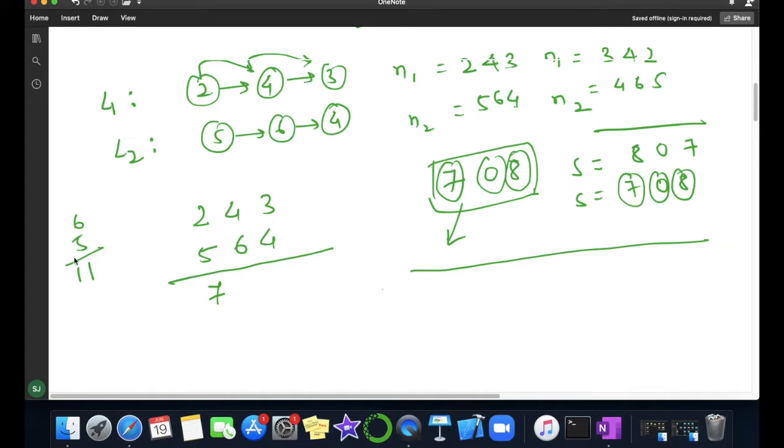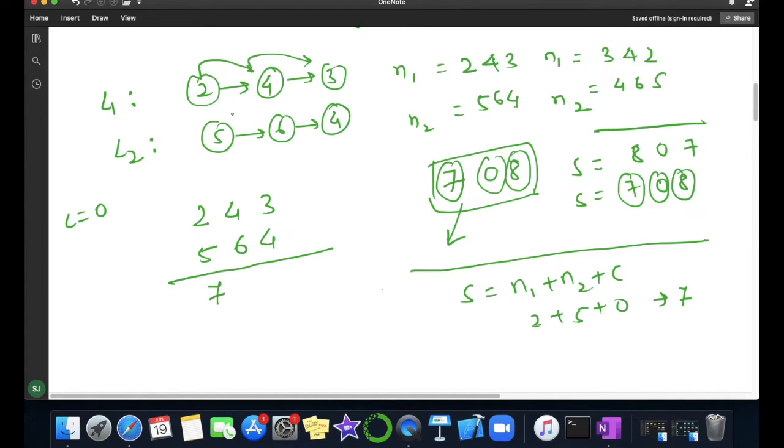So we have to apply the carry concept here. If I write the formula S equals n1 plus n2 plus c, suppose c is initially 0. So we would have got 2 plus 5 plus c0, which is 7.